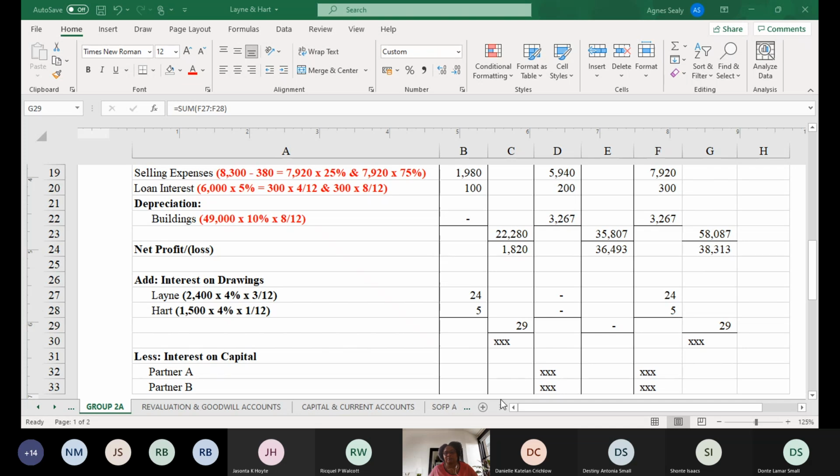Okay, all right. So for the new agreement, no, you won't put in Brown. There's no interest on drawings under the new agreement, so you cannot do any calculations at all for interest on drawings. The new agreement does not allow for interest on drawings. So that is why you have to read the question carefully, and that is why I keep stating the point that you should